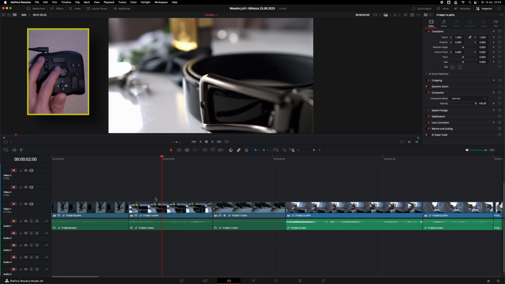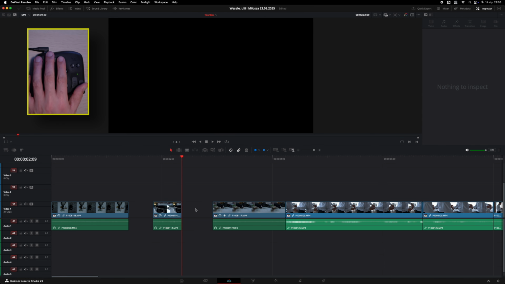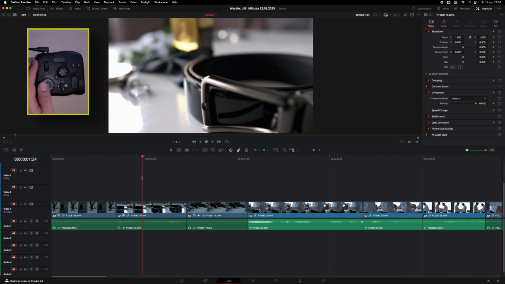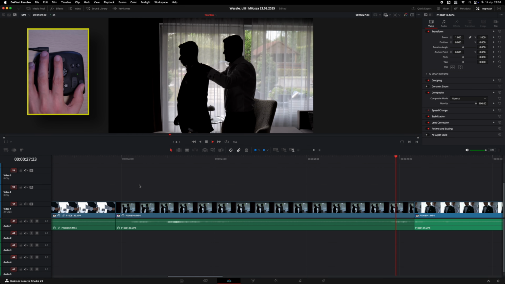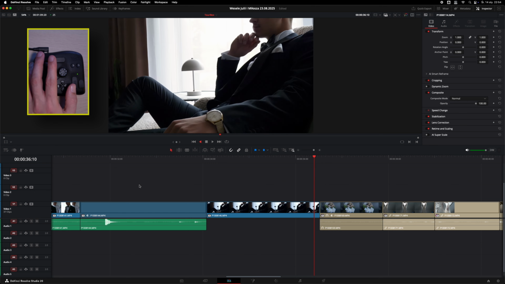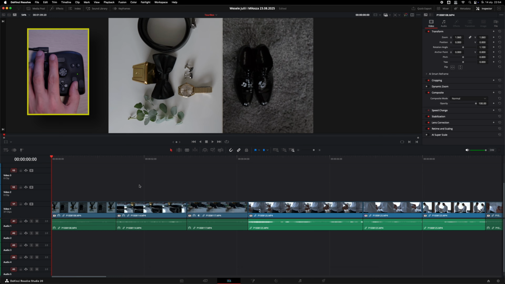And the same thing with the side button. When I hold it and press left, it will cut the video, but it will leave the empty space. And the same for the right. And using the side button with the short one, it will play forward, but if I hit it more times, it will play faster. But with the tall one, it will go backwards. And the same, I can move it faster.